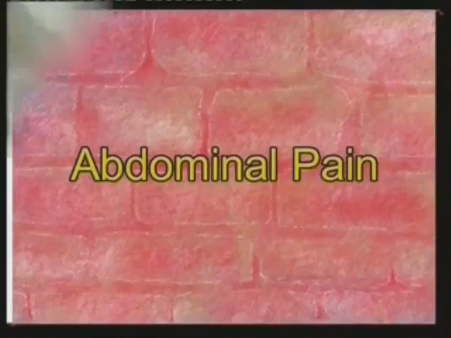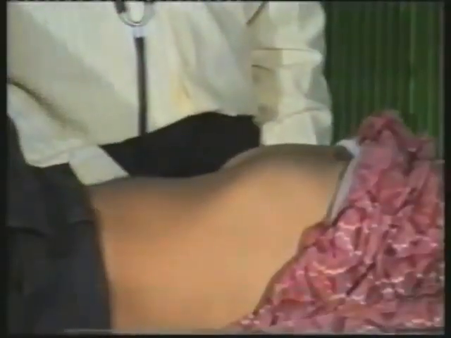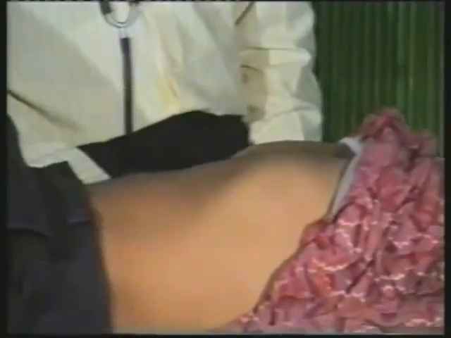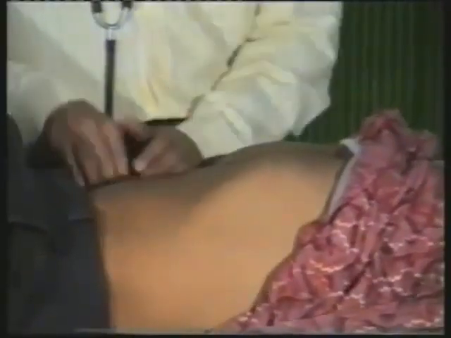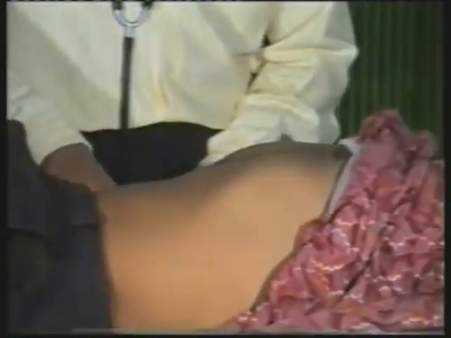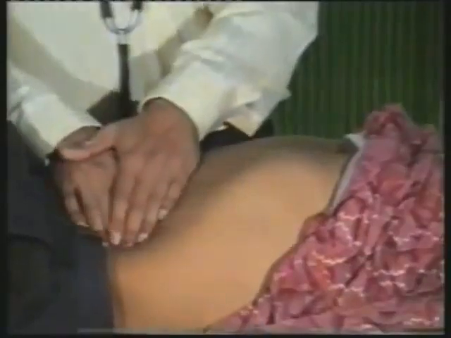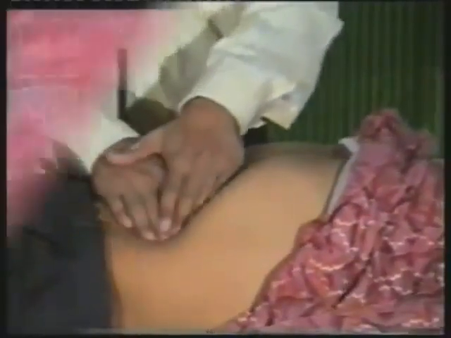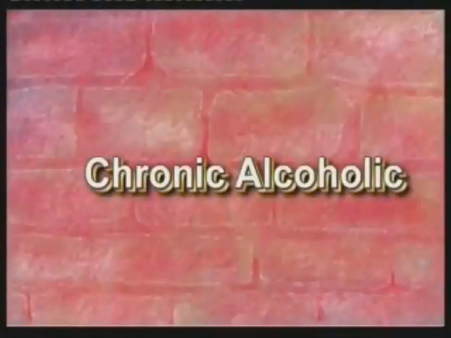If the patient has abdominal pain, palpate carefully to locate the area of tenderness. Where possible, try to locate the point of maximum tenderness. The point of maximum tenderness is usually the guide to the organ affected. Look for any lump, palpable liver or spleen.